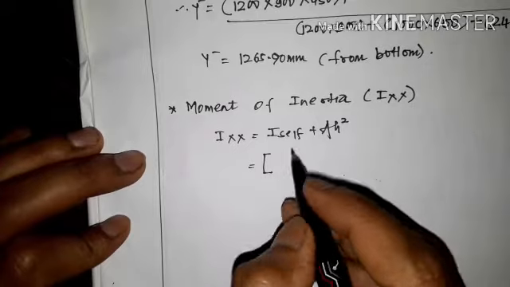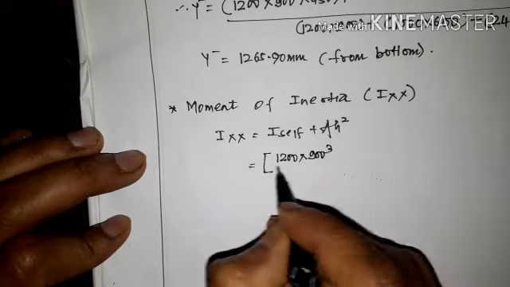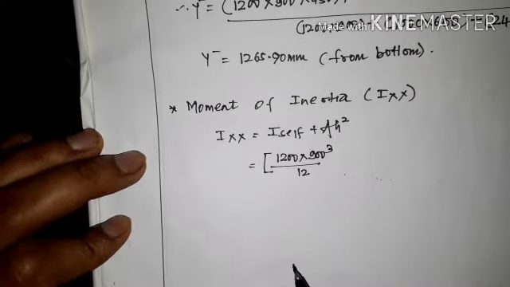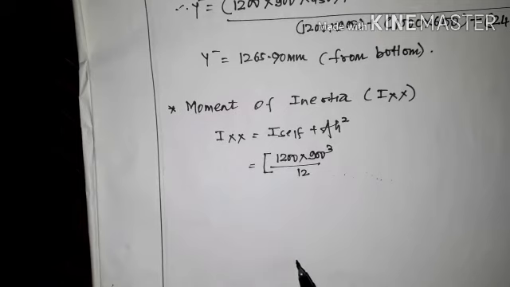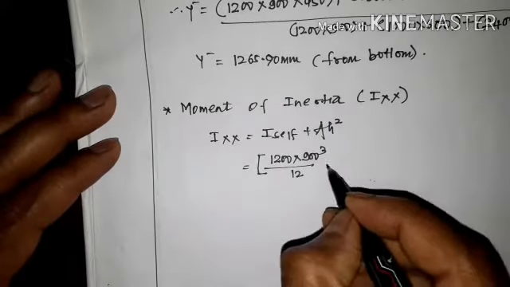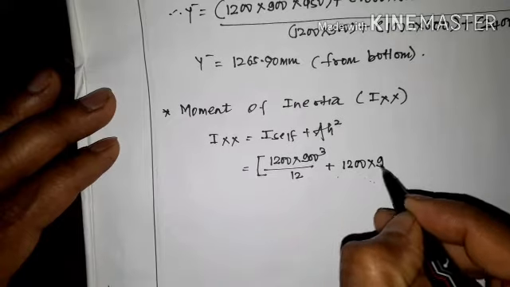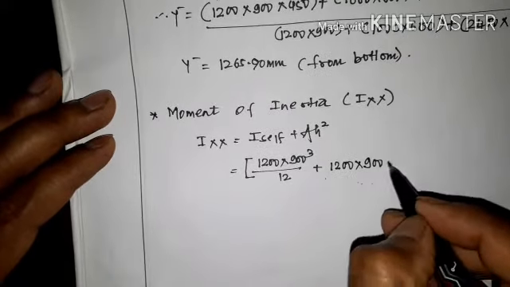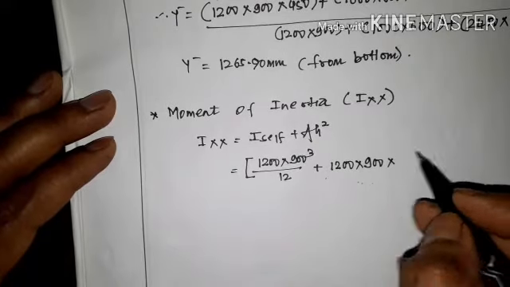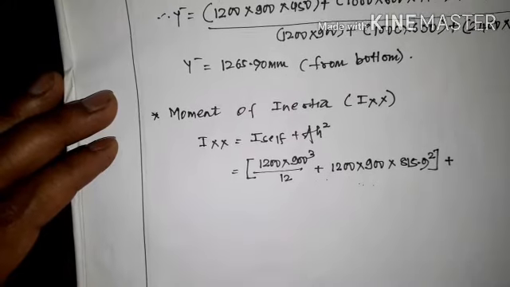For the bottom flange, with respect to the horizontal axis xx, b is 1200 and depth is 900. So 1200 into 900 cube by 12, plus 1200 into 900, that is the area, into h, which is 815.9 square. That is I plus A h square. I will explain it later on. Plus